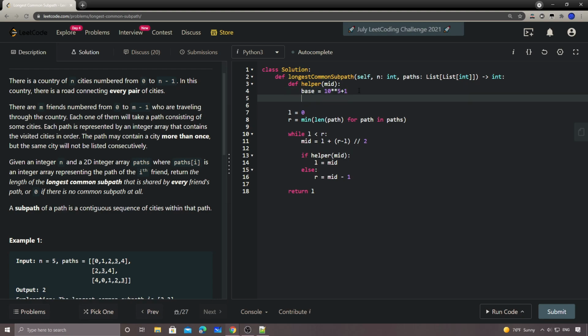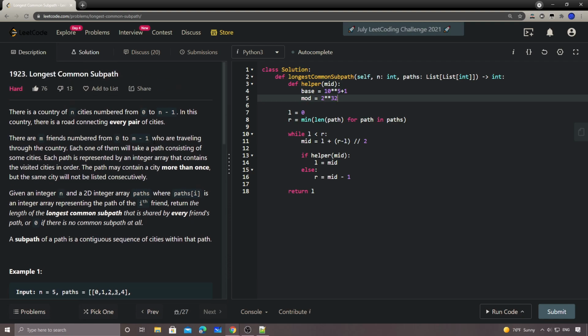And then we have a mod. The mod is also something we have to consider, because we're going to do a lot of multiplications. For the mod, I simply choose a big enough number. Actually, in the end, this problem is not